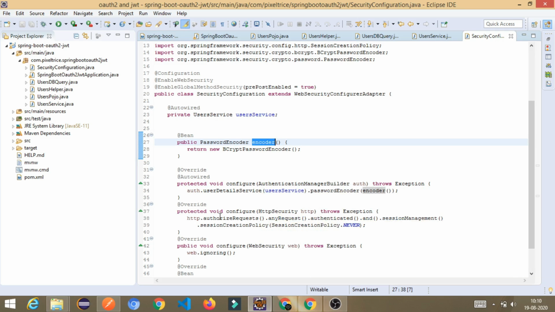In the next part, we are overriding another method which is already present in the WebSecurityConfigurerAdapter class.